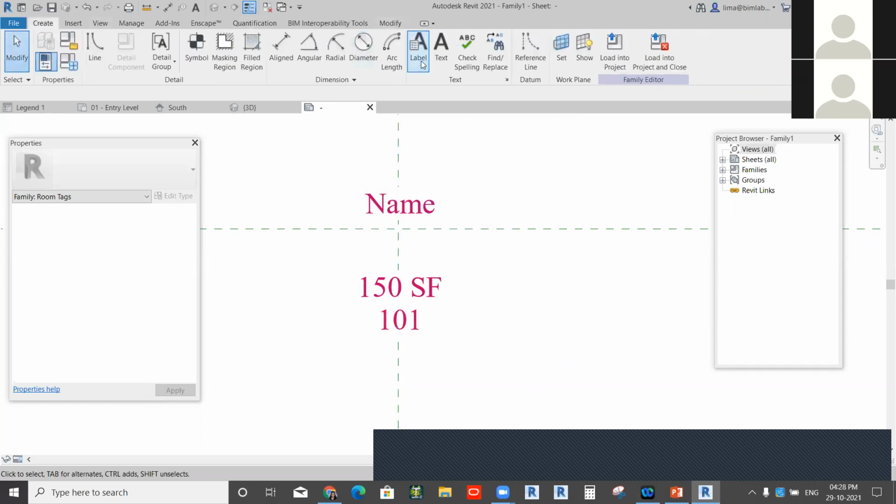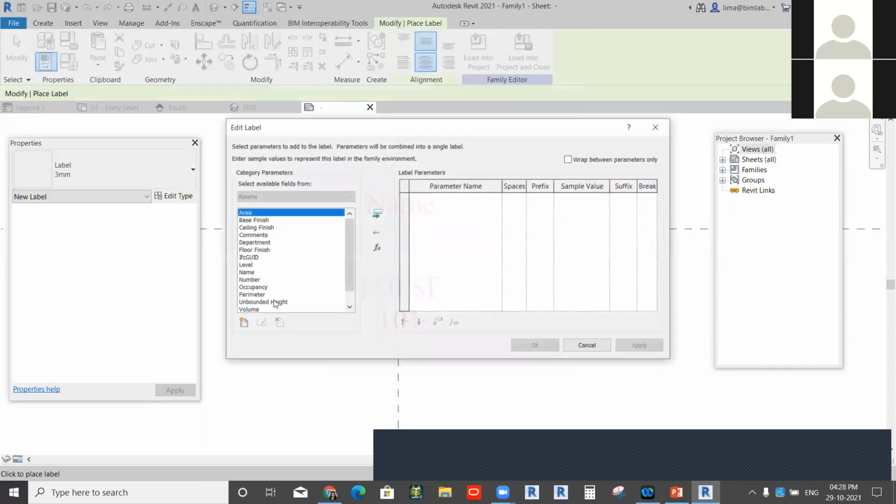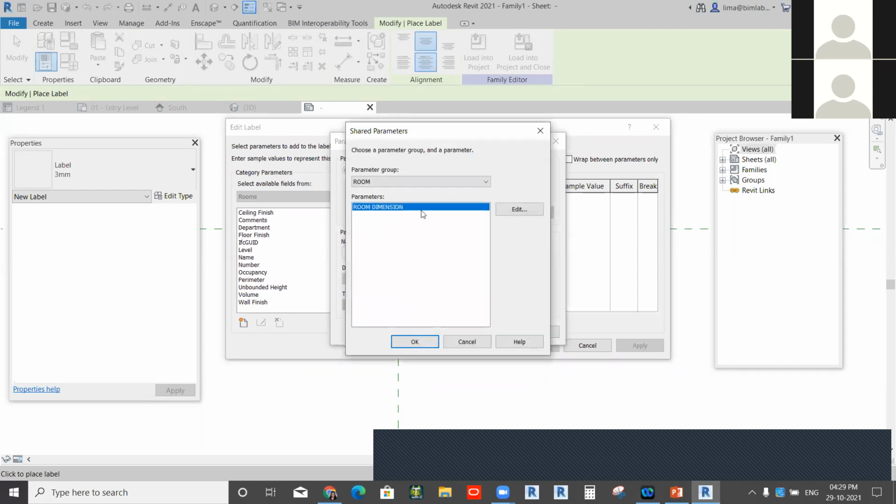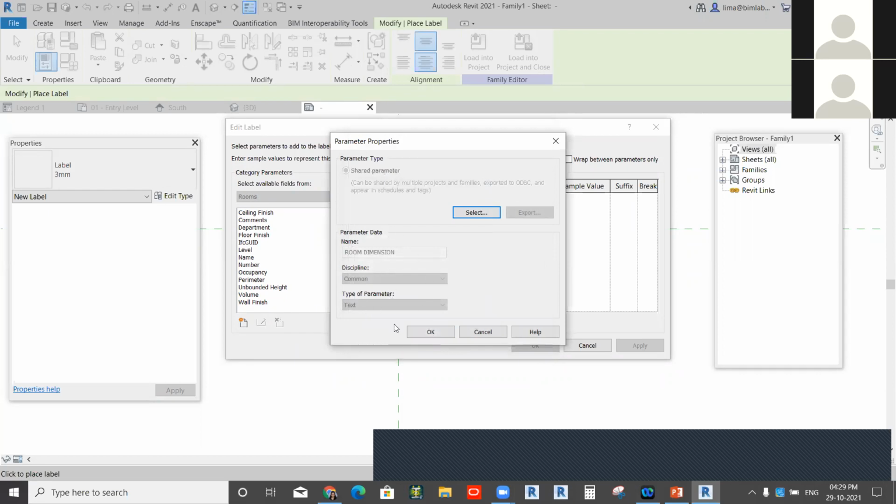So here I'm loading this one, loaded my shared parameter. Go for the parameter, go to the select option. You can load that shared parameter here. So it will be applied in the text category, type of parameter, discipline.